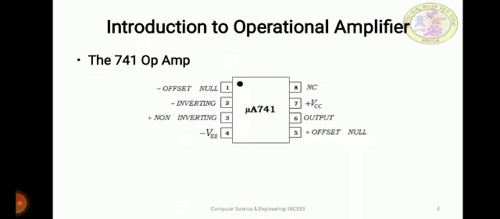When the voltage value of pin 6 is high, this corresponds to the output voltage being similar to that of the positive supply voltage. In the same way, when the voltage value of pin 6 is low, this corresponds to the output voltage being similar to that of the negative supply voltage.